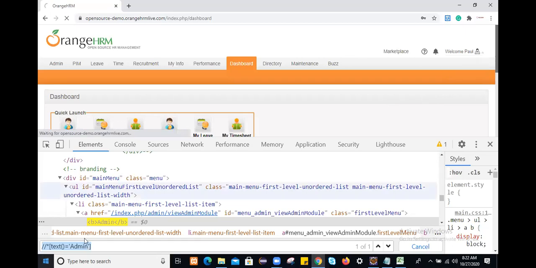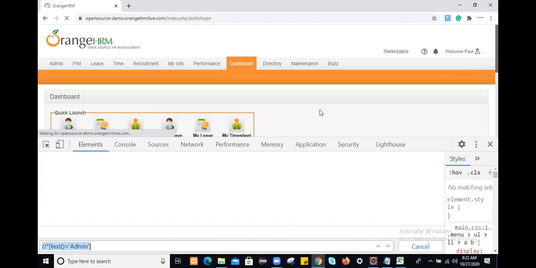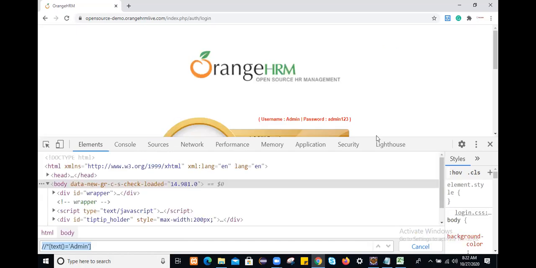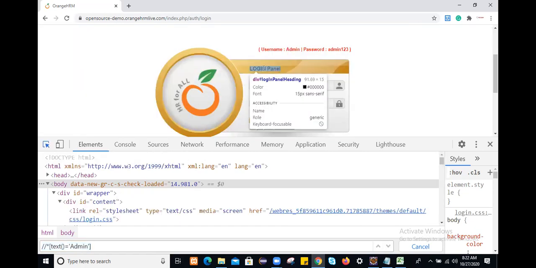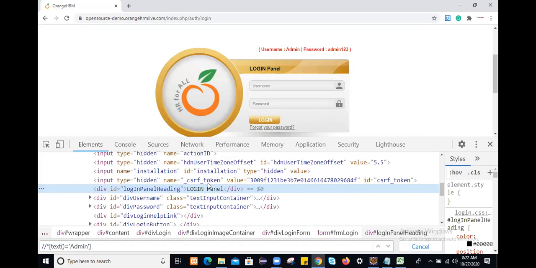If you did not log in to the application successfully, on this login page you can see the login panel text. So within this page source, I will get the page source. If that page source contains login panel, it means you are on the same page. Actually, we can't go for the title, because this title and the login page title are both the same. But here you can see login panel.